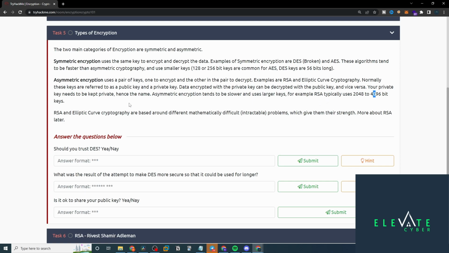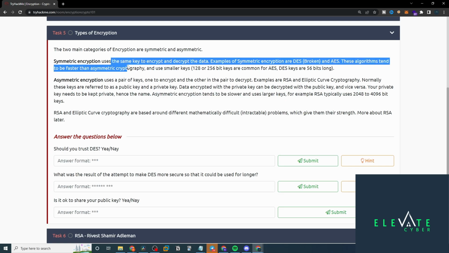And now another thing that it mentions here is that asymmetric tends to be slower and uses larger keys, but it is a little bit more secure because there's two keys involved. Whereas with symmetric, if someone gets that singular key, the entire system is broken, basically. Same thing if someone gets your private key, it's really dire, but with symmetric encryption, there's a little bit higher risk of that happening because you're both using that same key, if you understand what I'm saying.